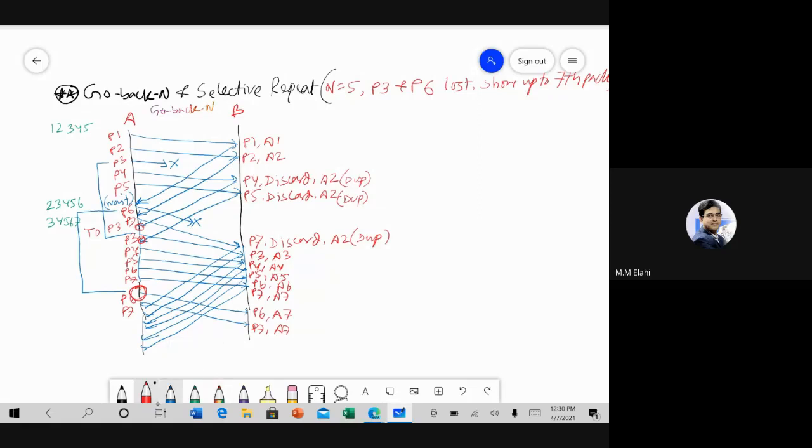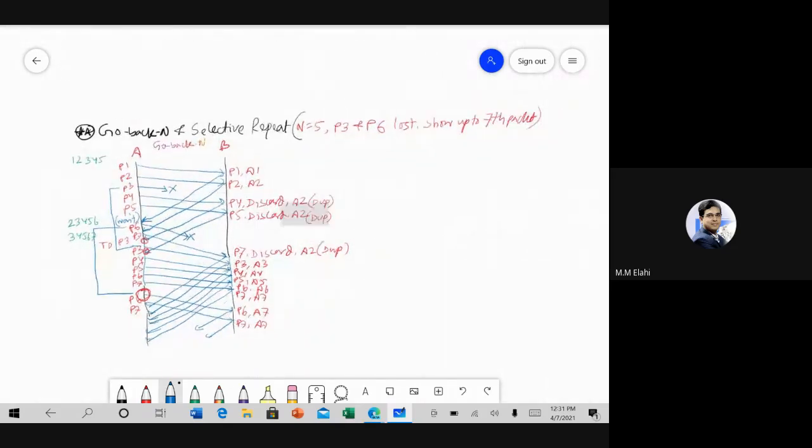Clear? Although the receiver has received packet 6 and packet 7 twice, we have nothing to do, because this is the rule for Go-Back-N. In this case, if it is N equals 3, we might have a different answer. N equals 4, we might have a different answer. For N equals 5, you have to complete it like this. Any question, anybody? Okay, then